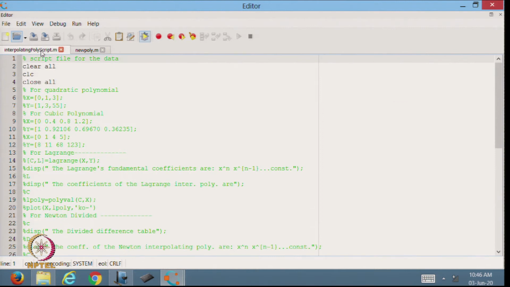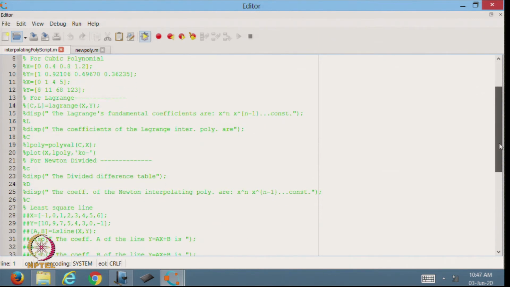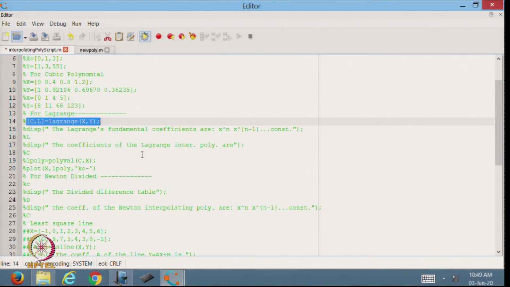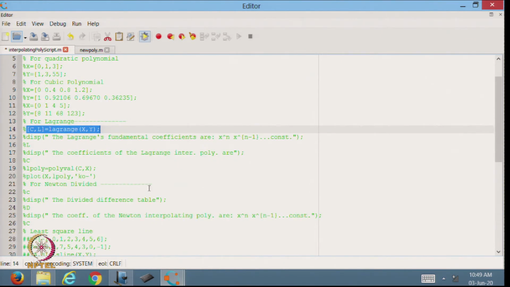Now, this is my script file. So, here I am going to introduce the Newton divided difference. So, this is my Newton divided difference. Now, I am taking the same x and y, and from here this is the Newton divided difference.